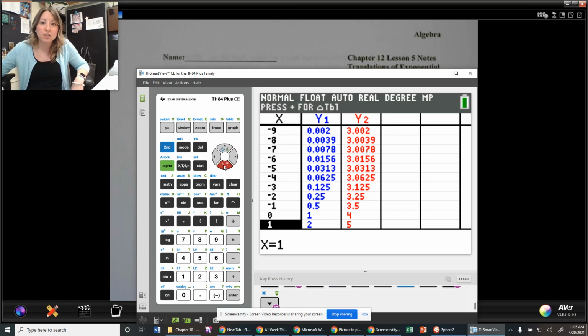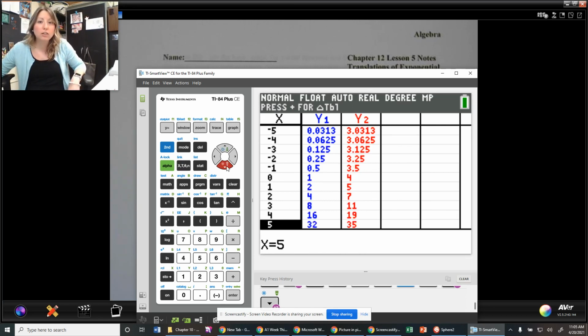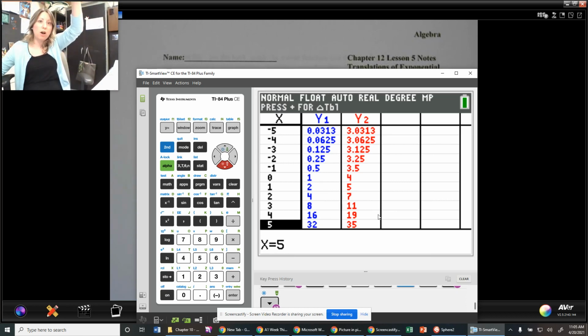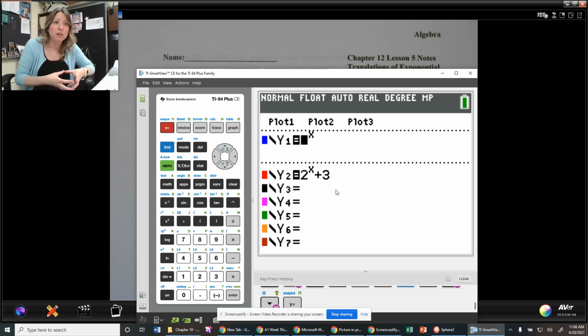And then look at all these. These all are the same decimal value, but just 3 in front because we went up y-wise to 3. So all of these y's just added 3 to them, okay? When you add 3 to the end of the function, that's exactly what happens: you're adding 3 to that y value. So notice that is the correct sign of what we think should happen. So if I have a +3 at the end of my function, now my basic parent function, I'm moving up